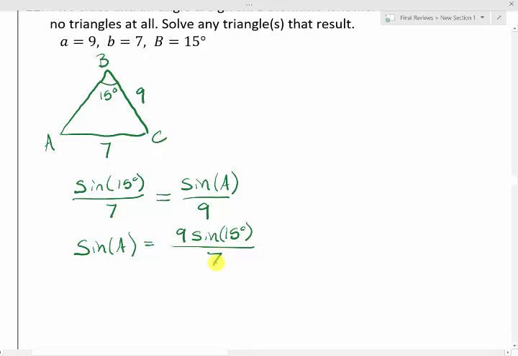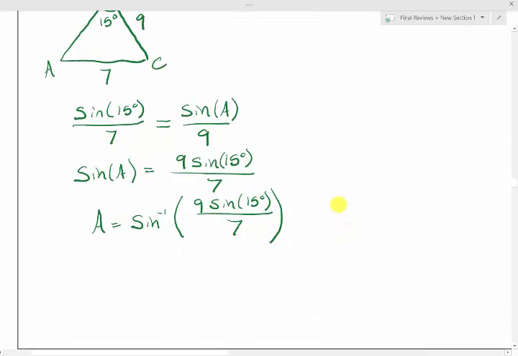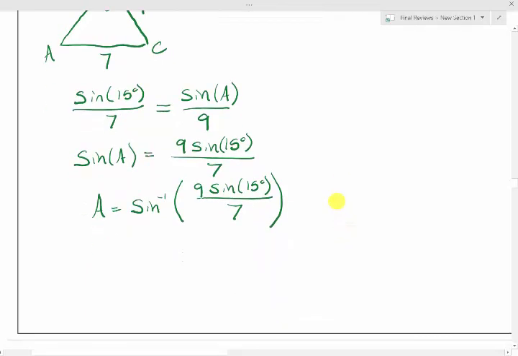And then to solve for angle A, we're just going to take the sine inverse of both sides. So angle A equals the sine inverse of 9 times the sine of 15 degrees divided by 7. And we'll just plug this in our calculator. So I got angle A equal to